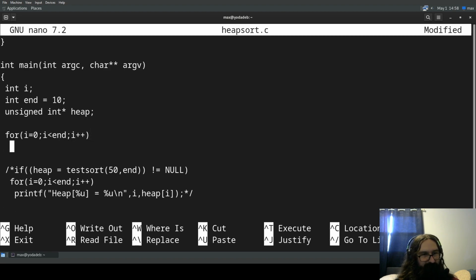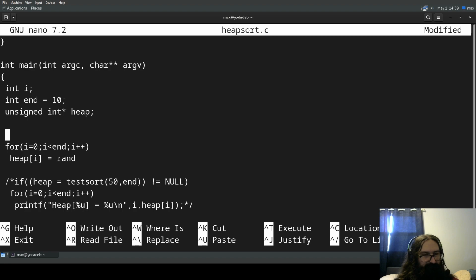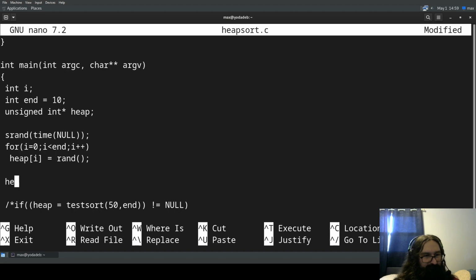Ooh, made that mistake more than once today. Heap I equals rand, srand, time, null, heap sort, heap end, for I equals 0, I is less than n, oopsie, end, I plus plus,